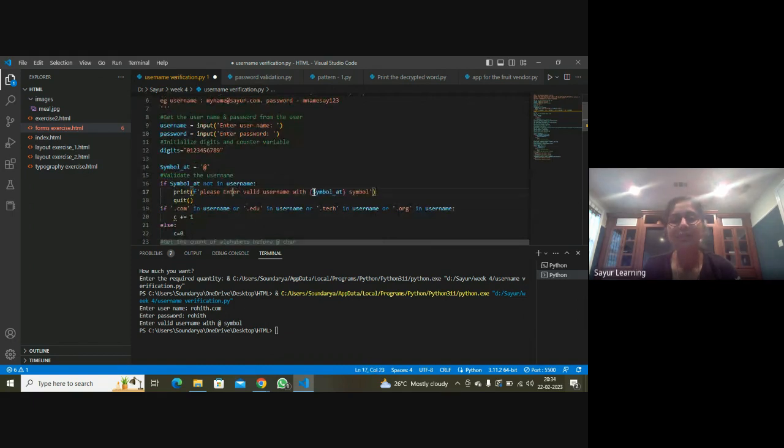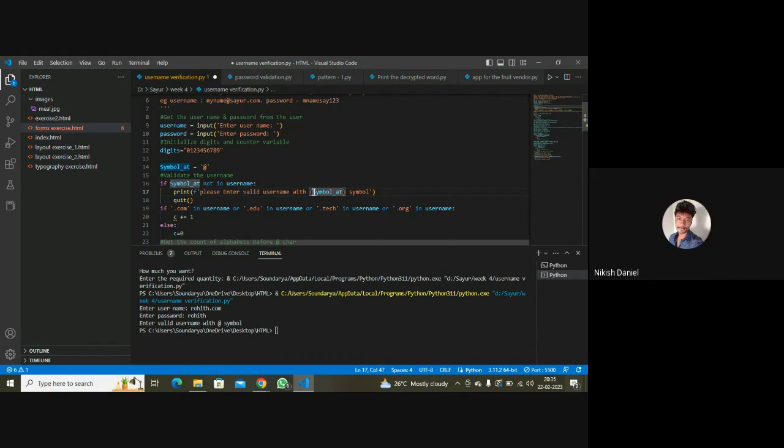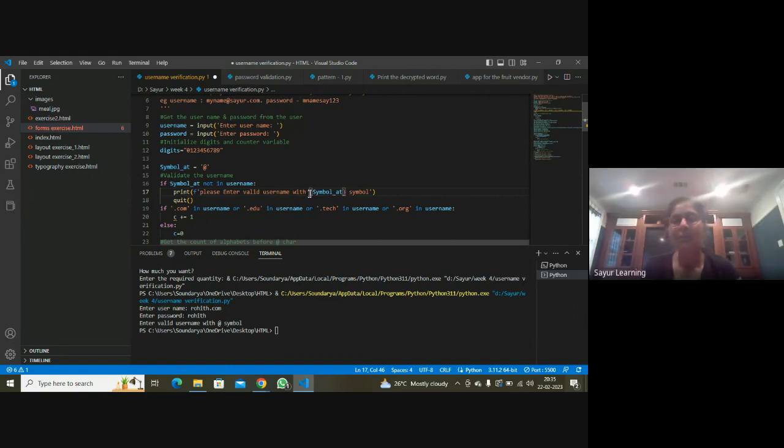So Nikesh, do you see the problem? Go Google. The curly braces are meant for a variable or a value, to print the value of a variable, not to include the quote in a string.